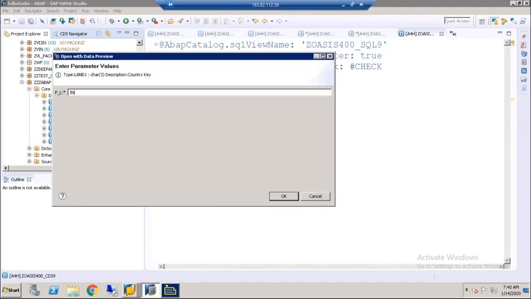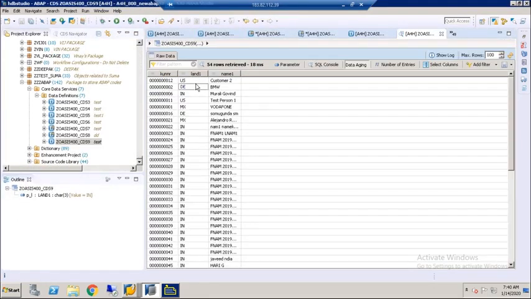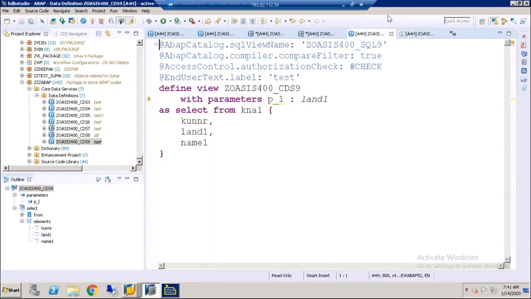Let's say if I give IN, we are able to see all the data, not only IN. Why? What is the reason? We are expecting to see only IN, but we are able to see all data. Any reason by looking at this? The where clause is not read. Yes, because we didn't write a where condition, right? So we should write where